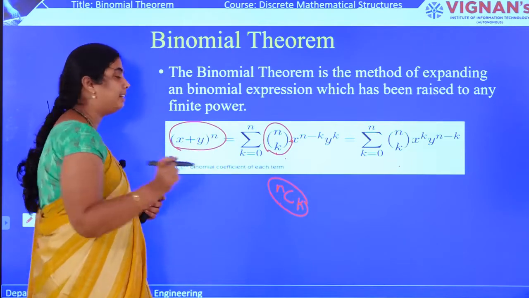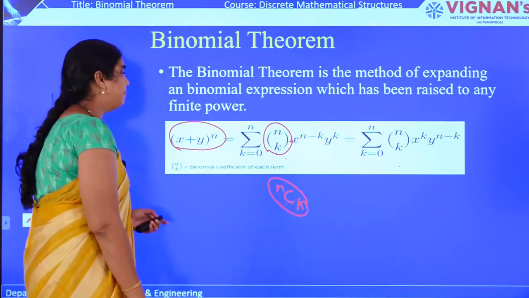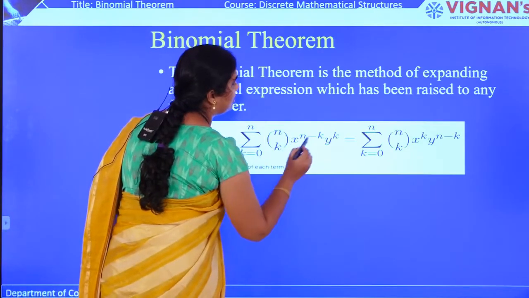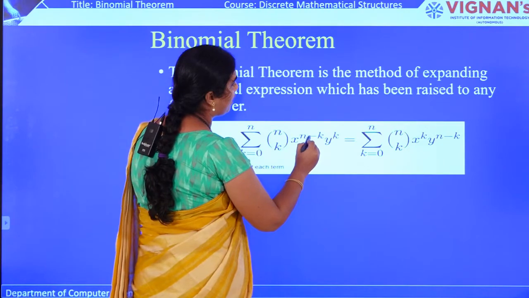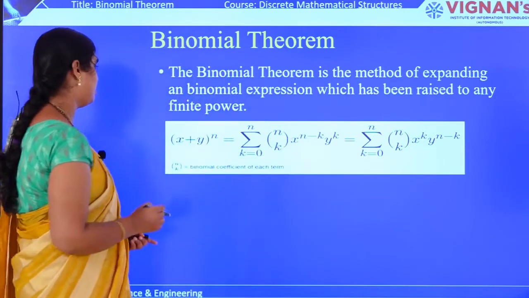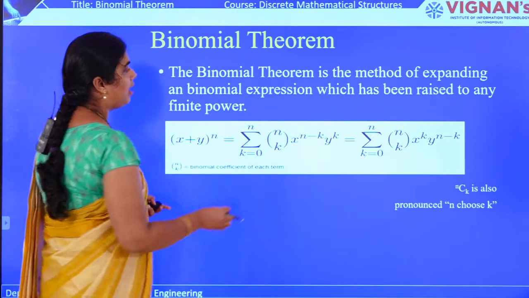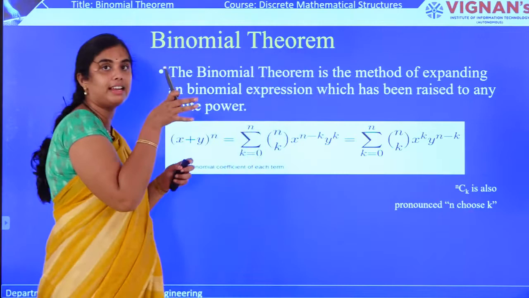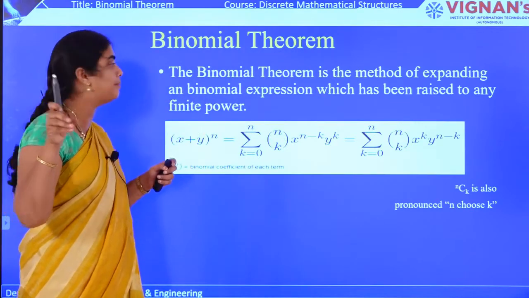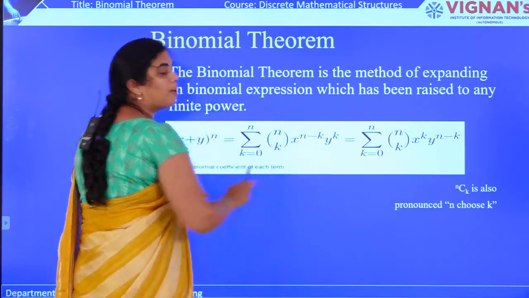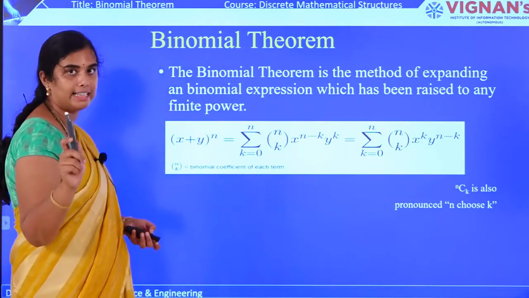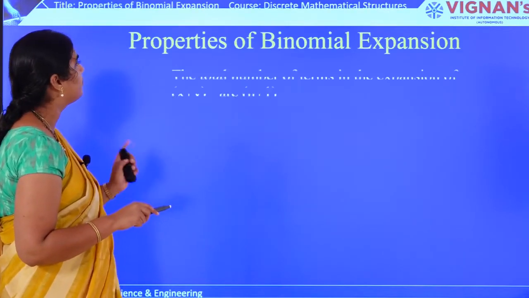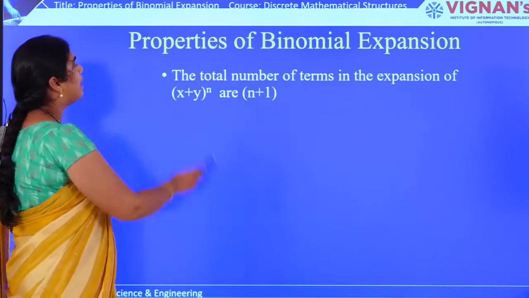We have seen in combinatorics what this nCk means. Here the other term is x to the power of n minus k, where, as I already said, nCk is pronounced as n choose k. That means we are given n and from that n we are choosing some k. You will learn more about how this formula can be elaborated through a particular example. Firstly, let us see the example, and through the example I will show you the formula. And these are the properties related to binomial expression.